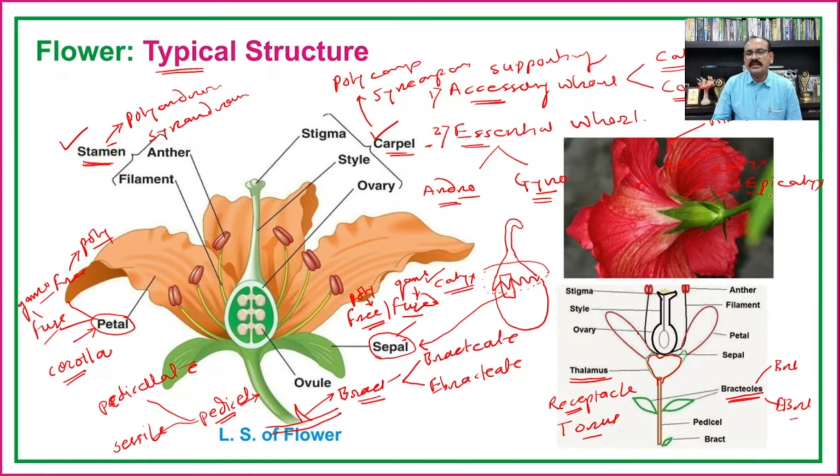Such a type of extra whorl is present in only a few plants, while in other plants there is only the presence of calyx, corolla, androecium and the gynoecium. And as said earlier, one member or two members or even three members of the whorl are absent in some of the plants. So day by day, when we see the different plants, the study of the different families from the monocotyledons and the dicotyledons, then we will see these different variations among the flowers of the different plants.